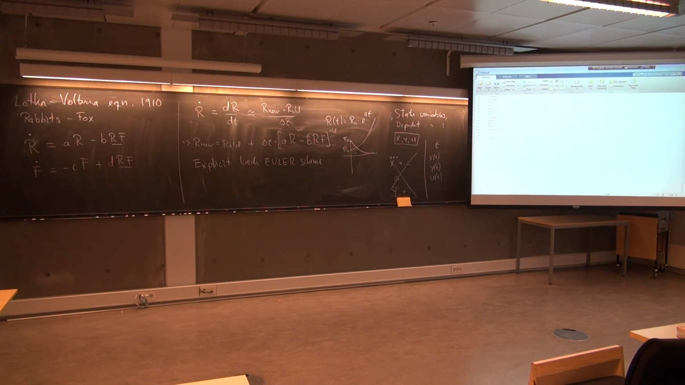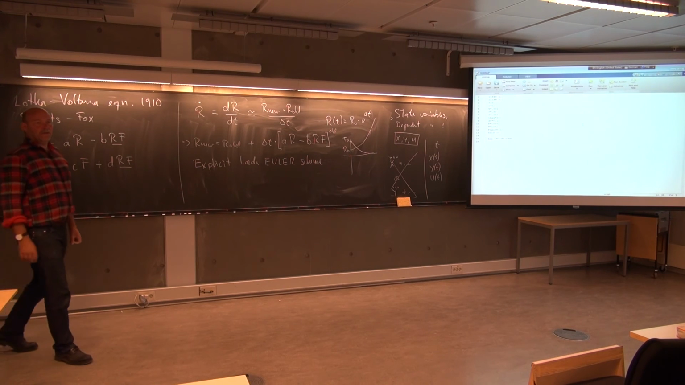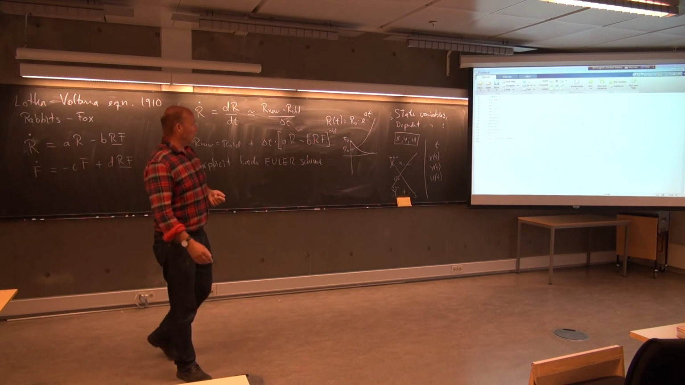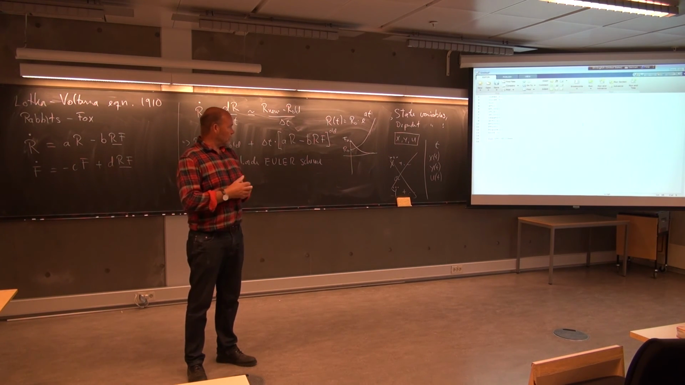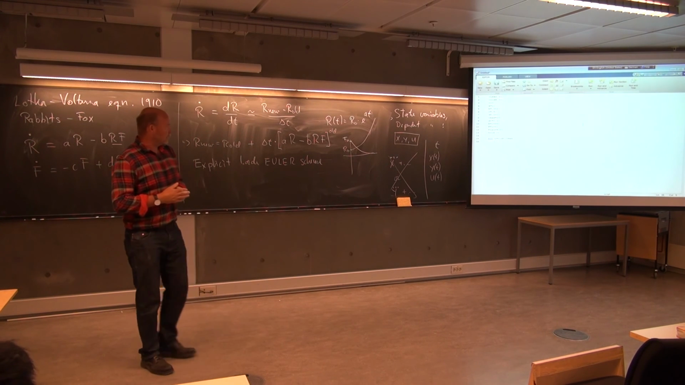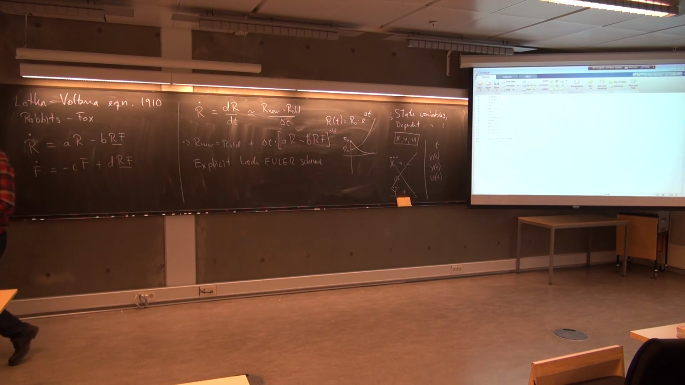So now we can do the time loop. For time t equals 0 with step delta t all the way up to t maximum. That's the main time loop now. So time t starts with 0 and then increases with delta t all the way up to 20 years. Then we just write